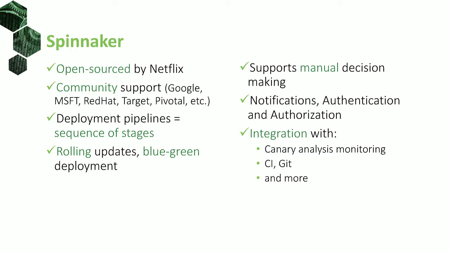It also supports manual decision making. So when you need to, let's say, deploy a new front end or some of your services to a pre-production environment or QA environment, have your QA team look at it and then say, yeah, it can go to production. That's where you can organize a pipeline to support a manual judgment. Notification, authentication, authorization, it's all out of the box,